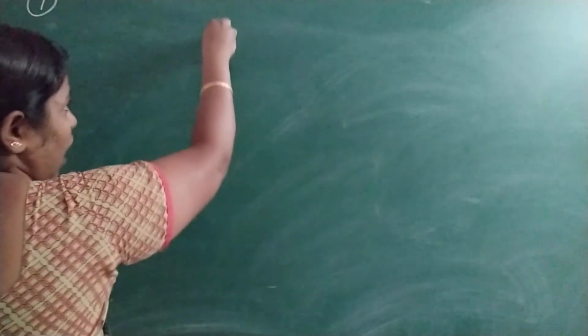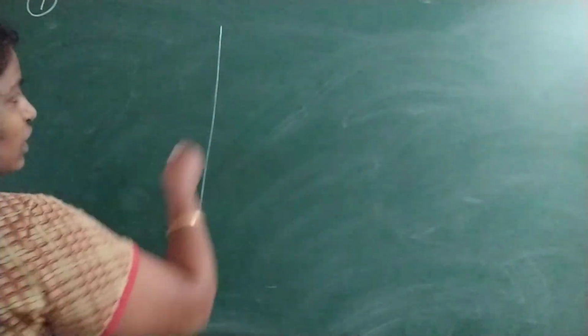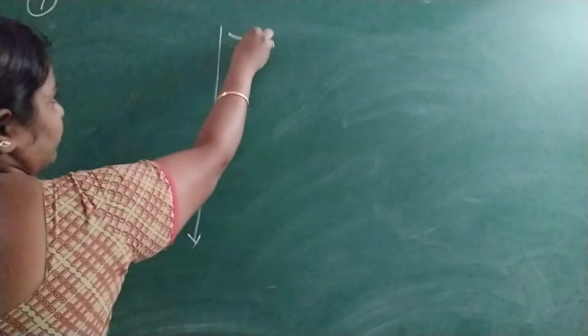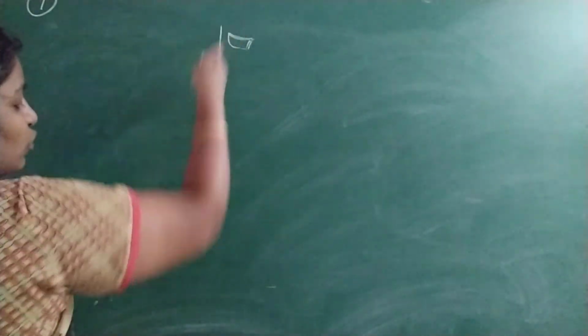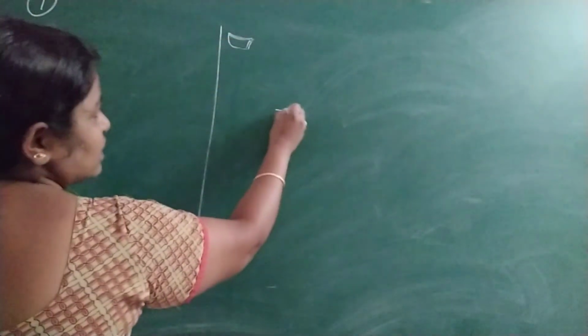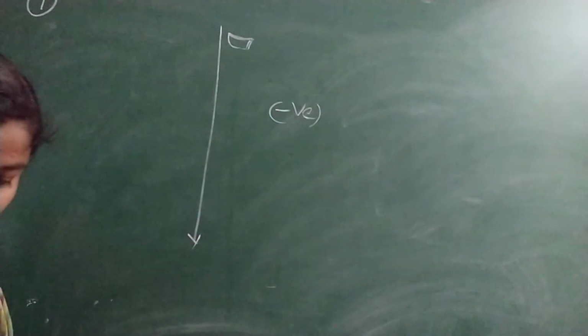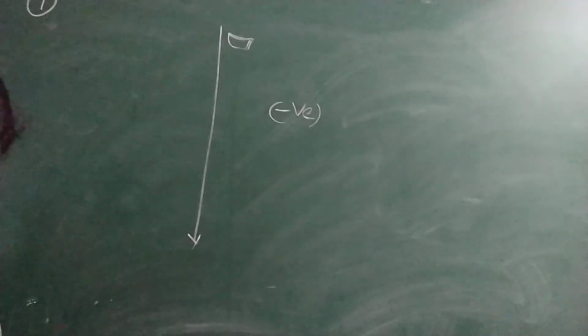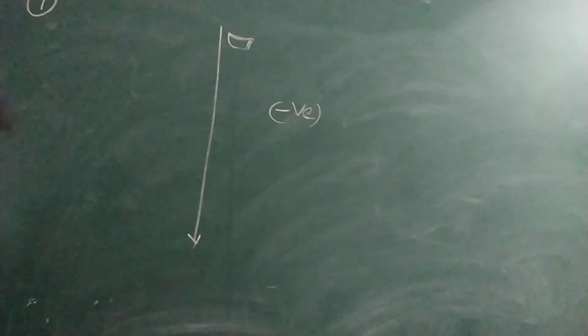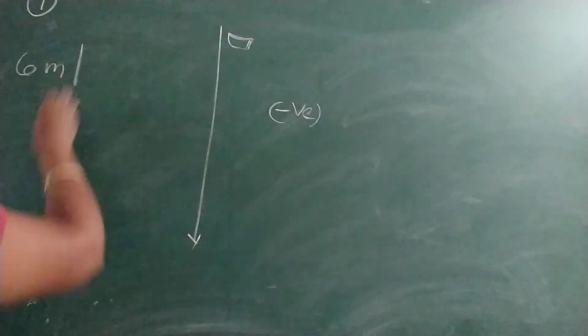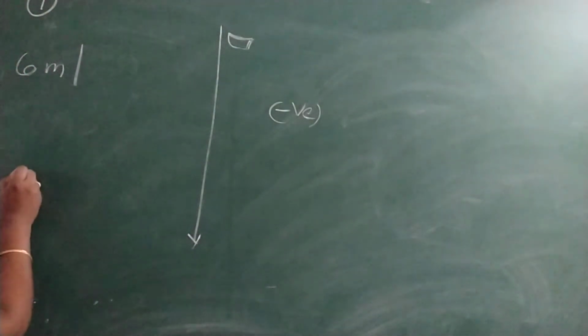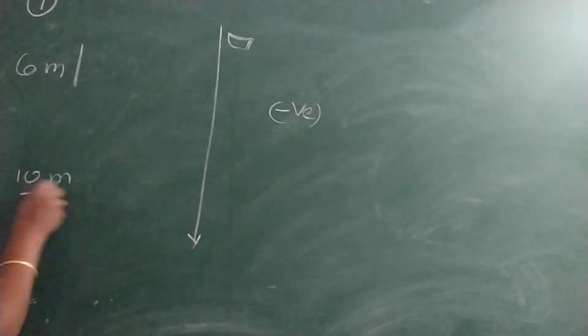So there is a mine, and they are going in an elevator from up to the down. Okay, so an elevator, like a trolley, is going from up to the down. Going down we consider in negative numbers. They are going at the rate of 6 meter per minute, descending. They start at 10 meter.